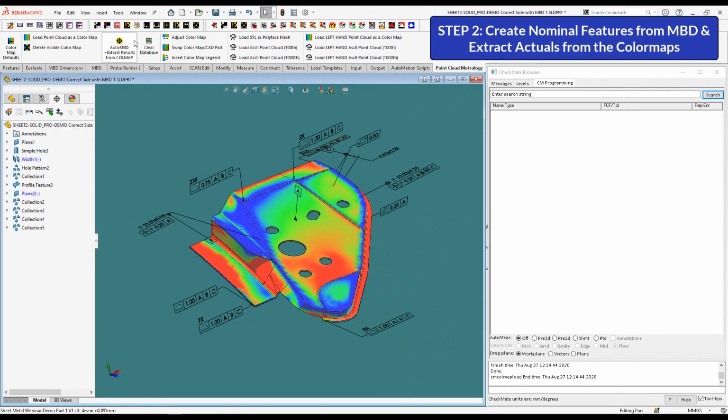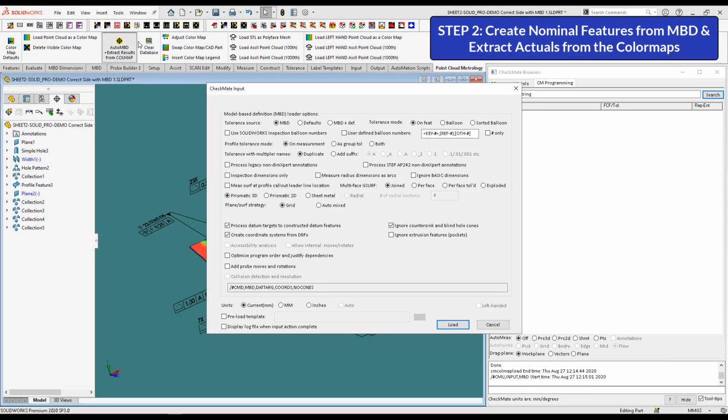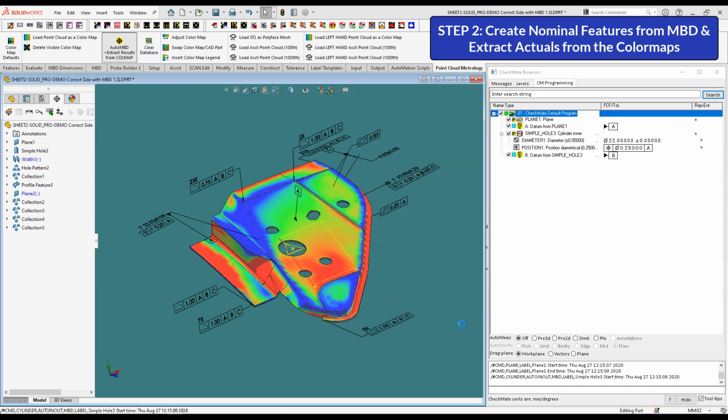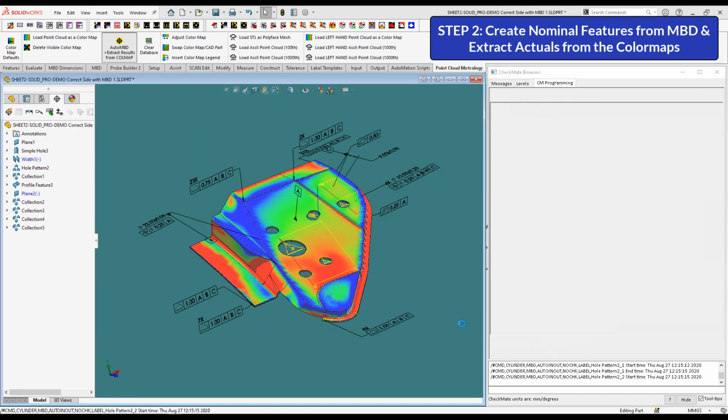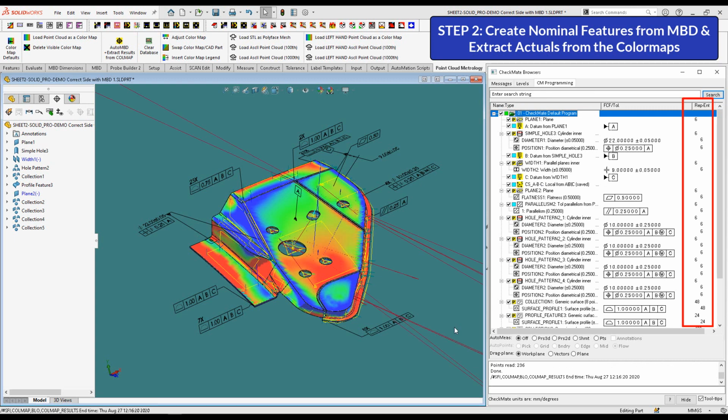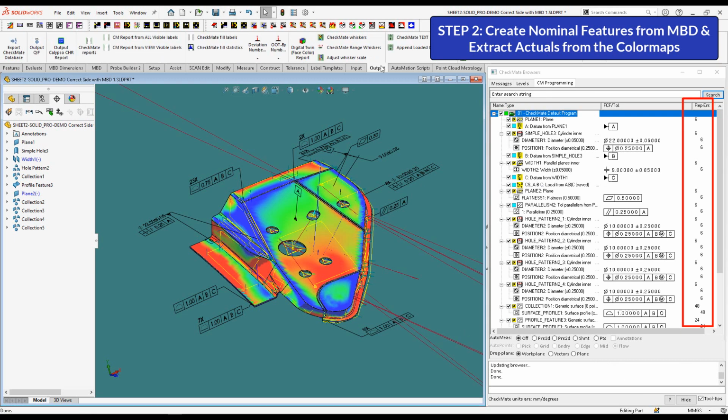Okay, so we have our color map loaded. Let's move on to step 2, where we create the feature nominals from the MBD PMI and extract the actuals for them from the color maps. As I said earlier, today we generated the feature nominals from SOLIDWORKS MBD PMI. But we could also have used a QIF file to generate the feature nominals, or even have used Checkmate traditional